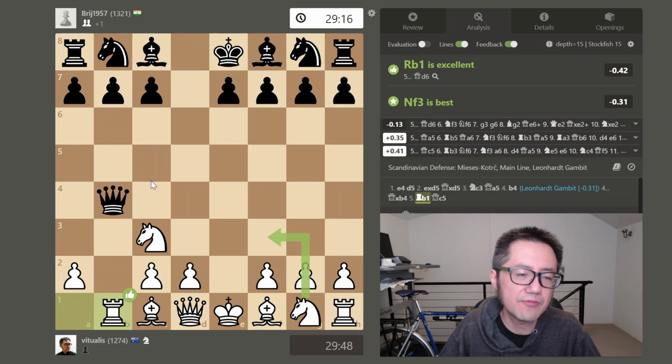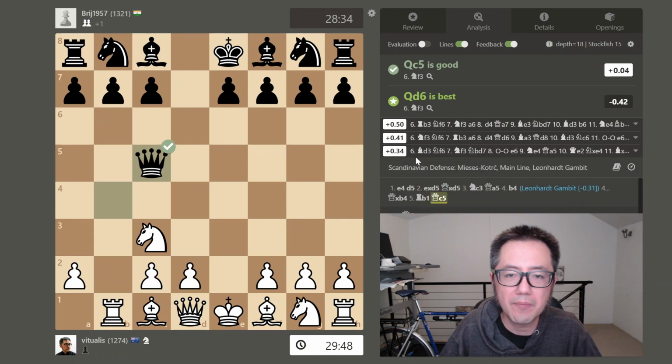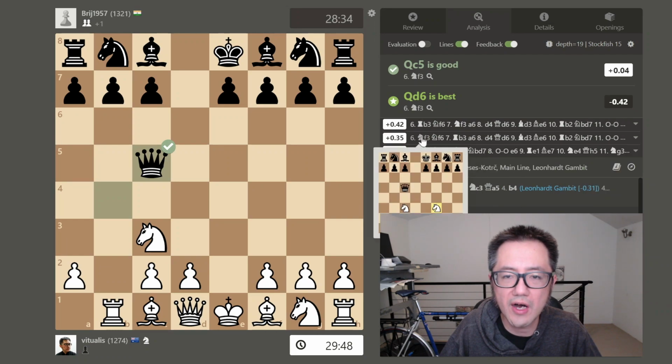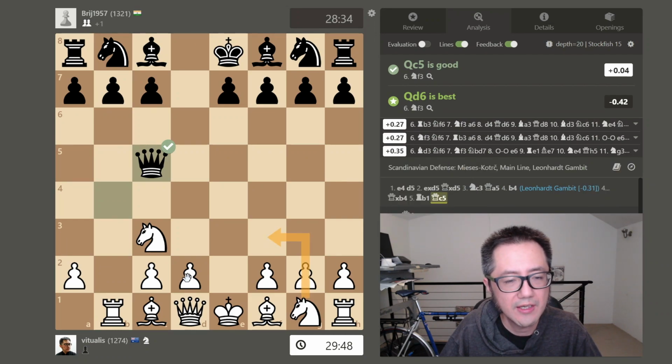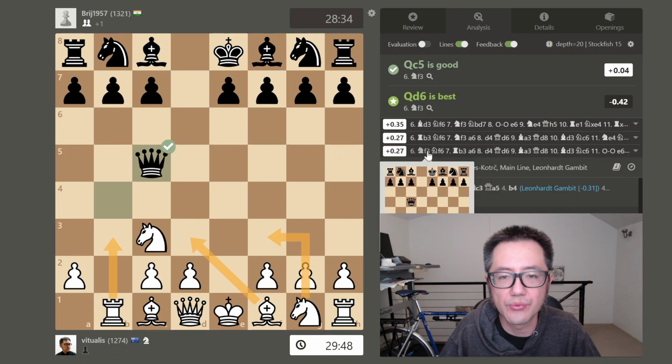And it's very similar with queen to c5, sorry. It's not quite as good as d6, and generally similar ideas. So for white, you can develop the knight. You can potentially do something about the pressure on the knight, so play rook to b3. Now, you can't push this pawn, obviously, because it's defending the knight, but you could potentially develop the bishop to d3 as well. And they're probably the three best moves